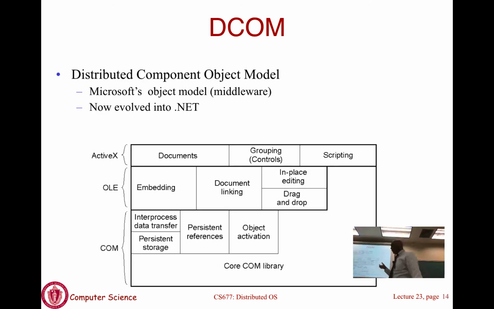So, we are going to switch gears and look at yet another middleware. This one comes from the Windows world. It is called DCOM, which has now evolved into .NET and things of this sort. So, there is a little bit of history here. The history also shows how these middleware systems actually evolved over the ages. What we have ended up with today is .NET, but maybe 30 years ago